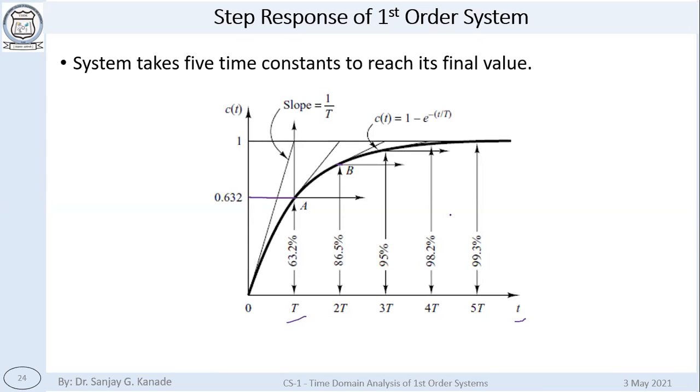Mathematically, the output can never be 100%. Remember this thing again: mathematically, the output can never become 100%. But for all practical purposes, it can be assumed 100% even after this. This is a sufficient level. 98.2% is quite a good level